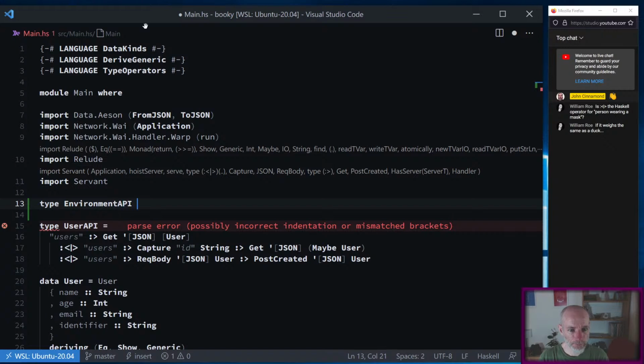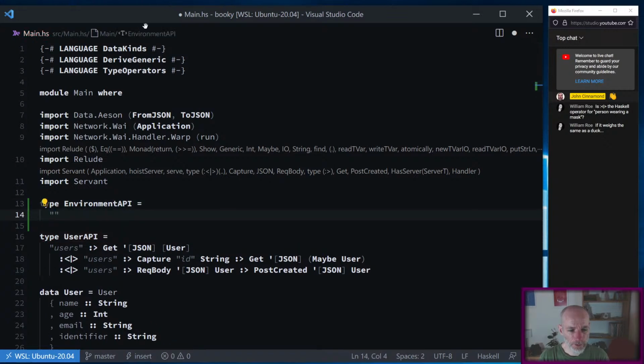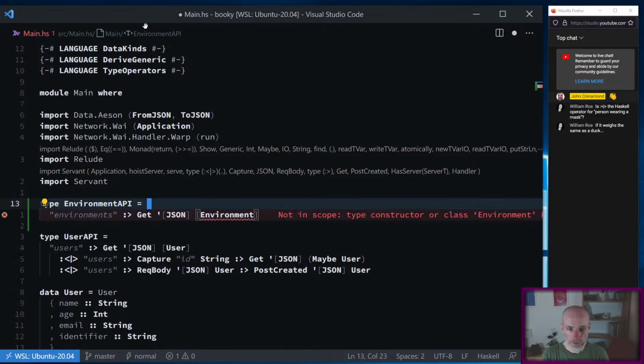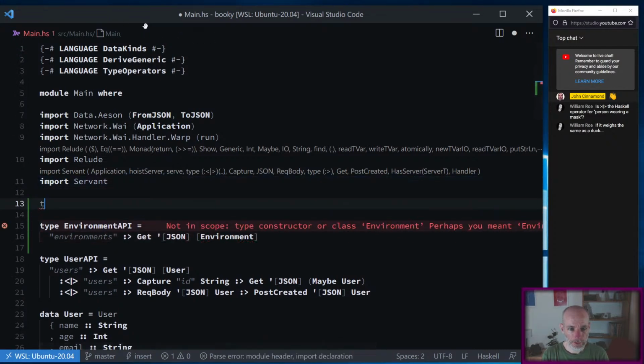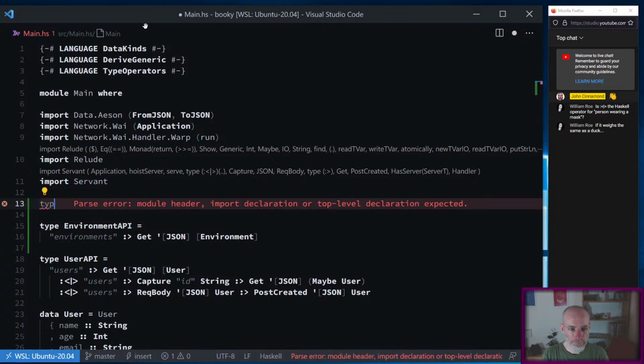So this is going to be environments. So we'll have the same list endpoint, JSON and environment. So we better define that. So the type of environment